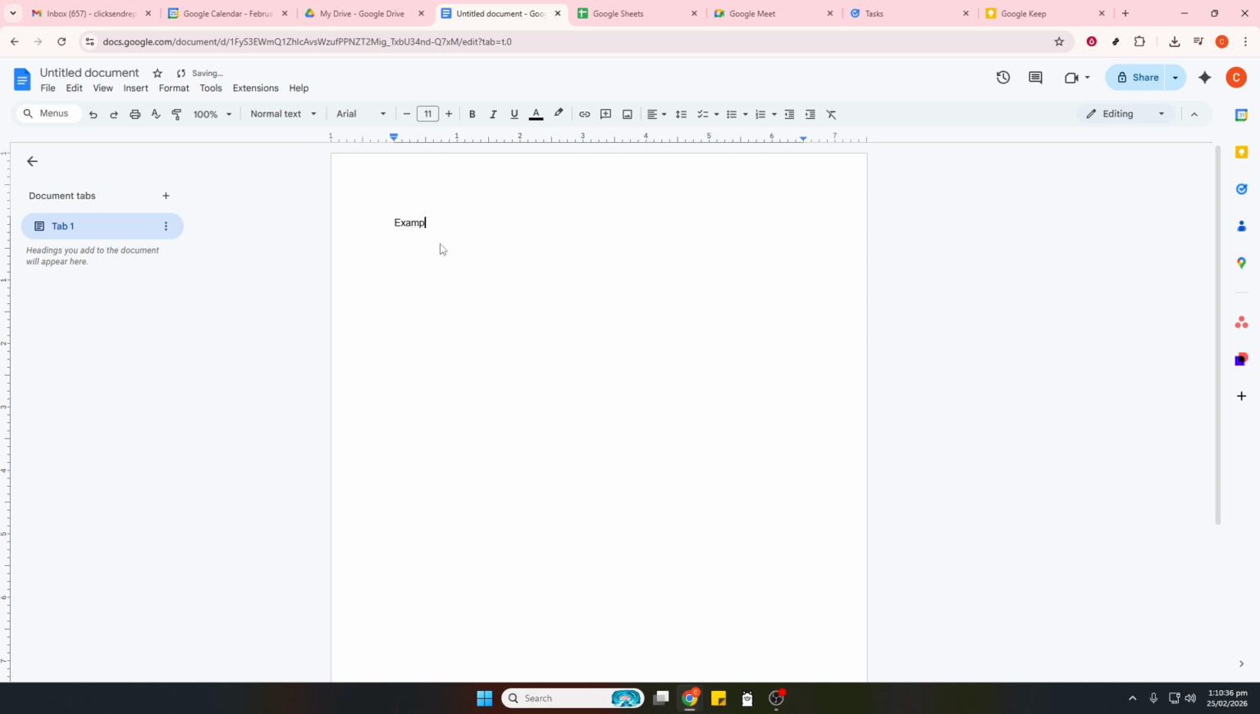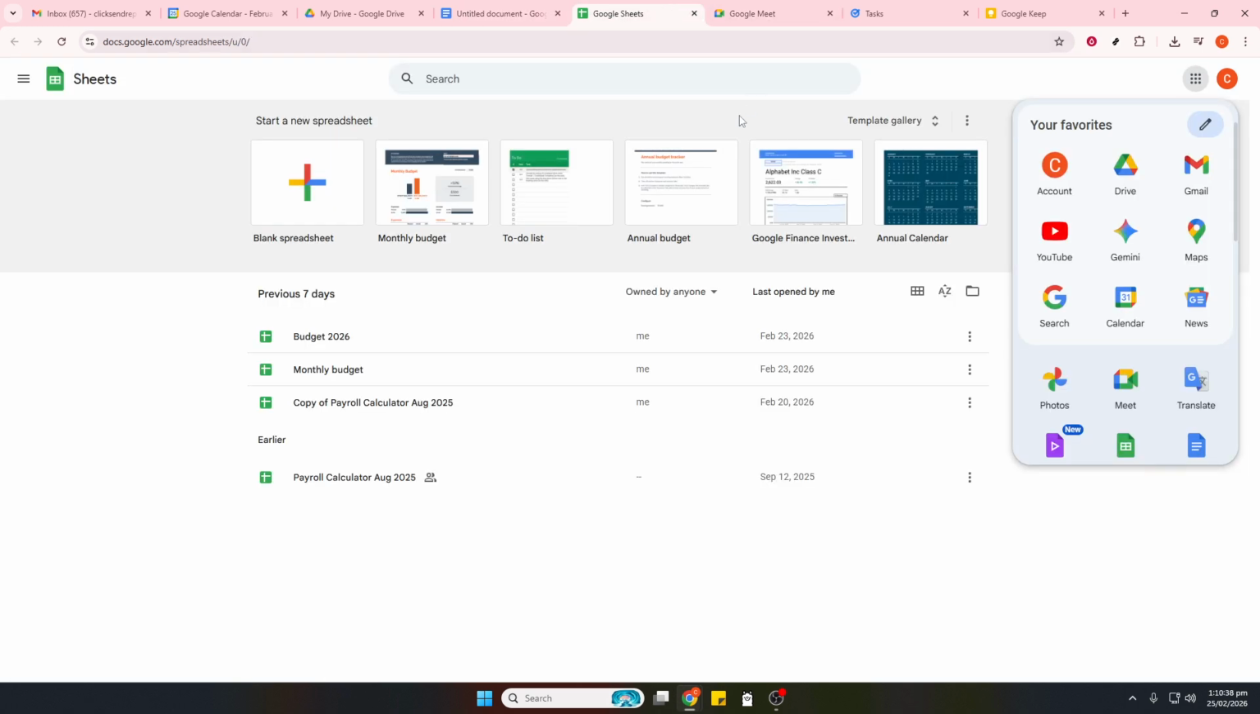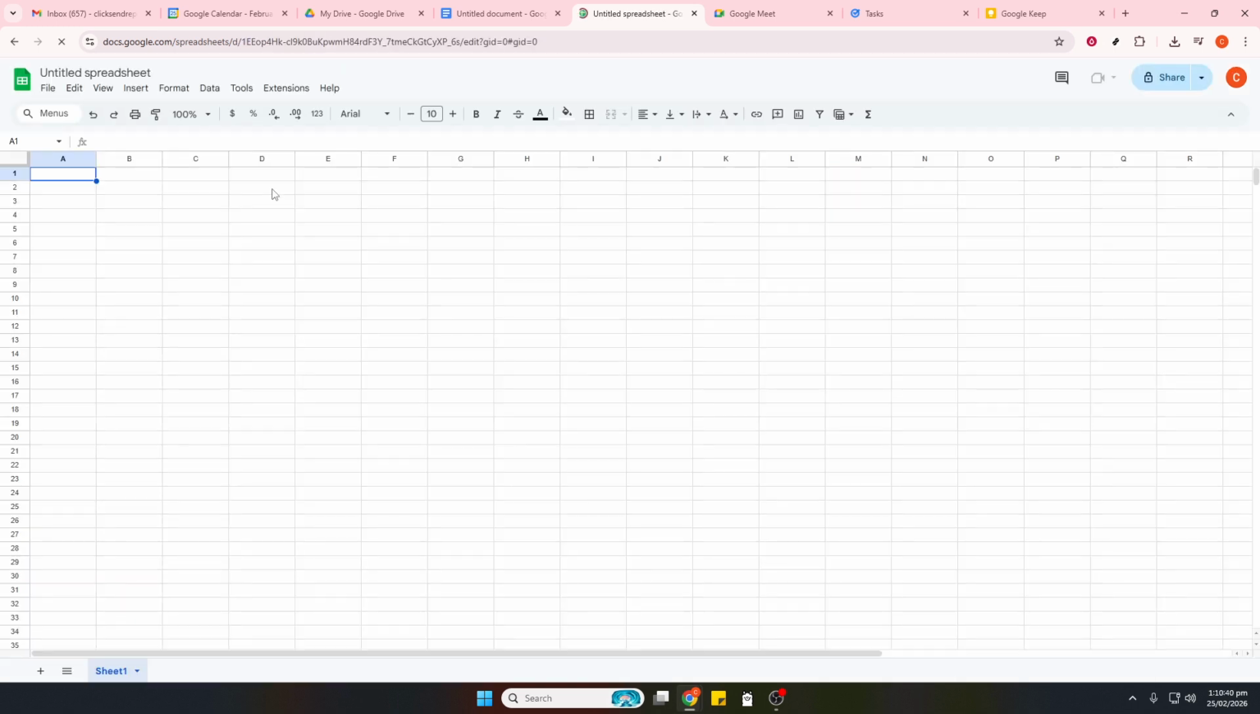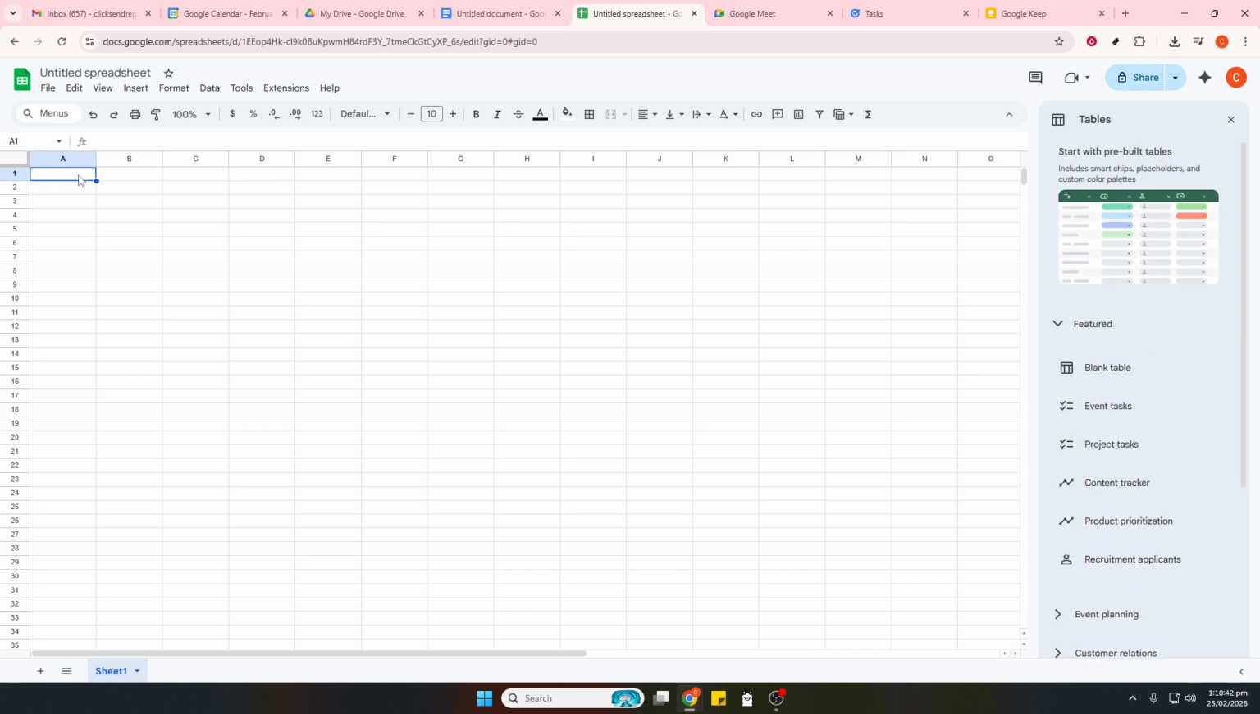For tracking, open Google Sheets. Create simple trackers for content, expenses, or leads, and lean on basic formulas like sum, if, and count for quick insights. Add filters to slice your data